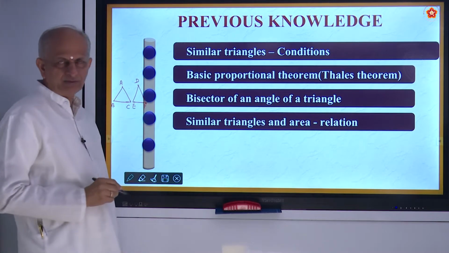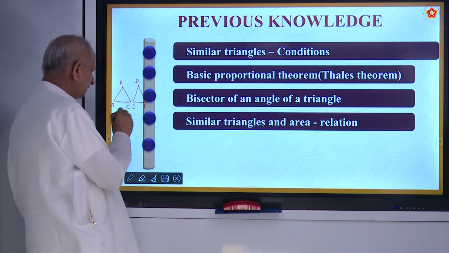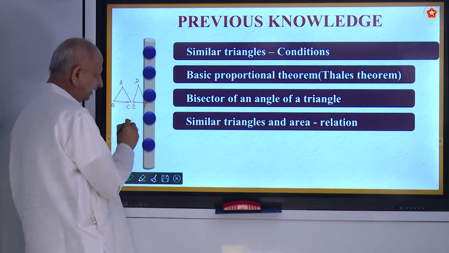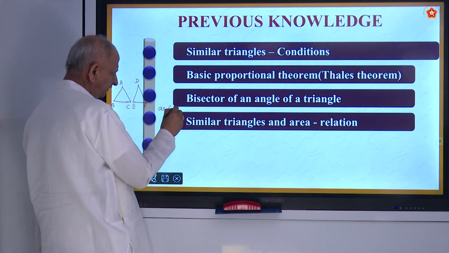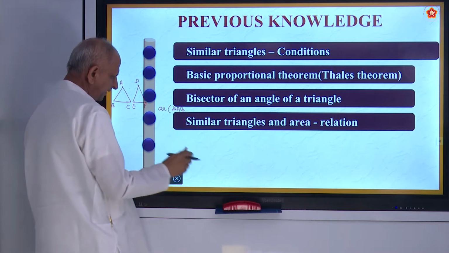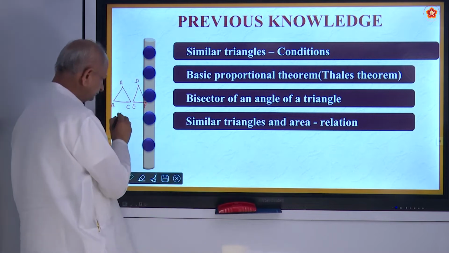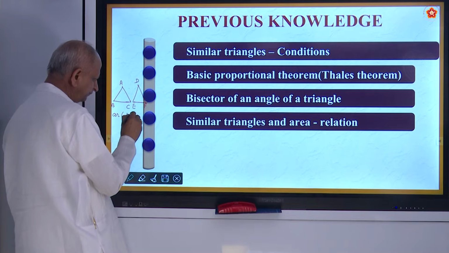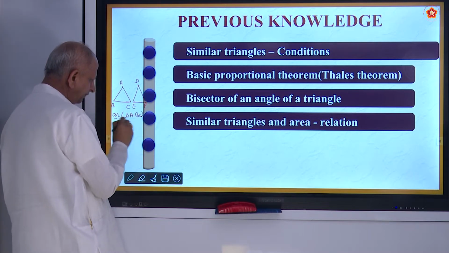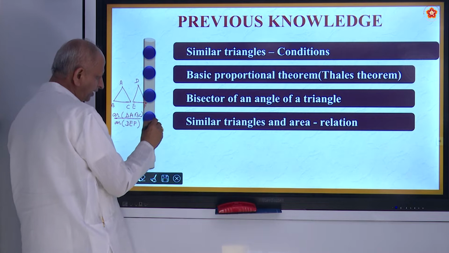If they are similar, then the areas: area of triangle ABC by area of triangle DEF will be equal to